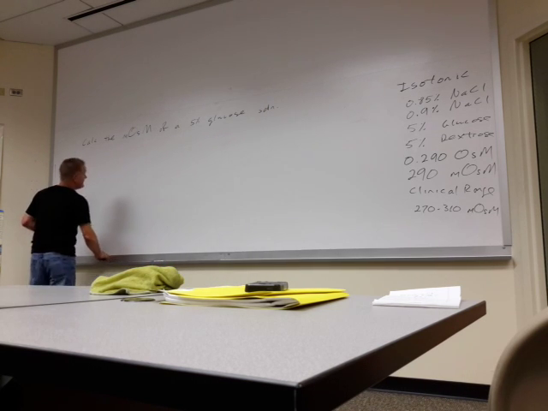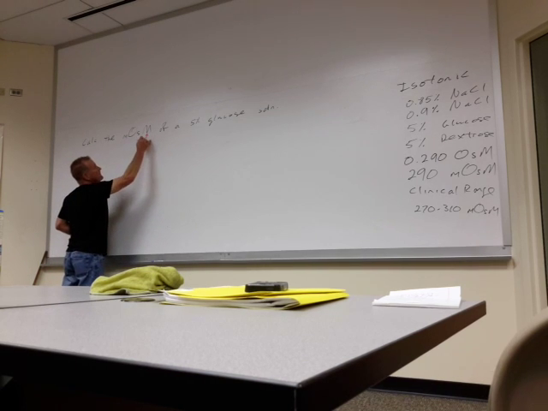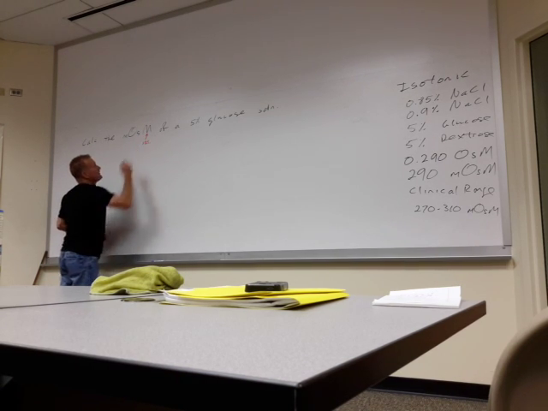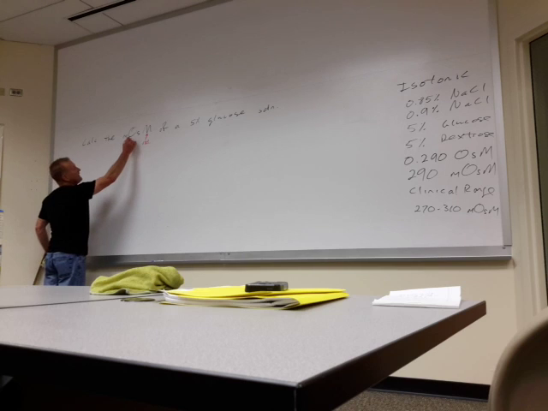Now, when you're faced with these types of problems, the first thing to do is calculate the molarity. We've done a bunch of those. Grams divided by molecular weight gives you moles. That's simple. Once you have the molarity,